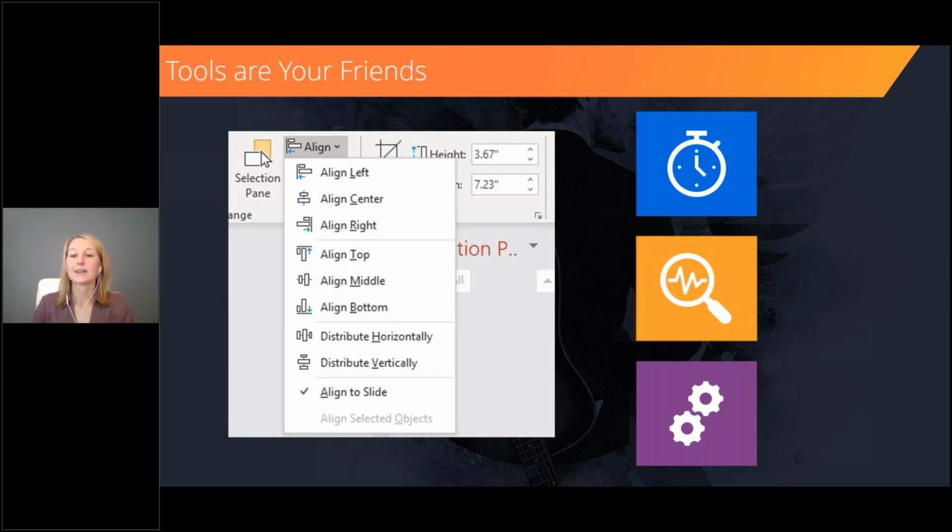So I use this every time I am creating an icon. So if I have my icon and I'm putting it on a shape, I am always going to select both the shape and the icon, and I'm going to align center and align middle, so that I'm not trying to eyeball it, that it's there and I don't have to worry about it. And then I'm actually going to move on to use my next tool,